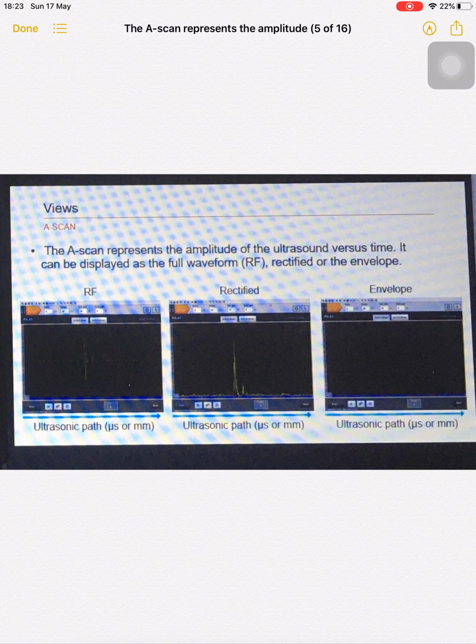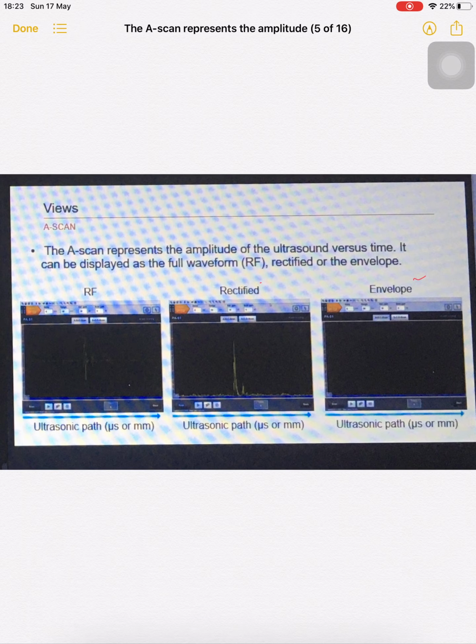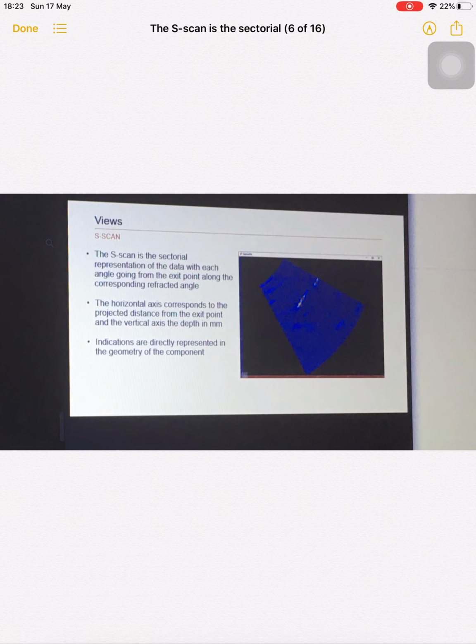The A scan, as you know, represents the amplitude of the ultrasound versus the time. It can display the full wavelength, rectified, or the envelopes. S scan is the sectorial